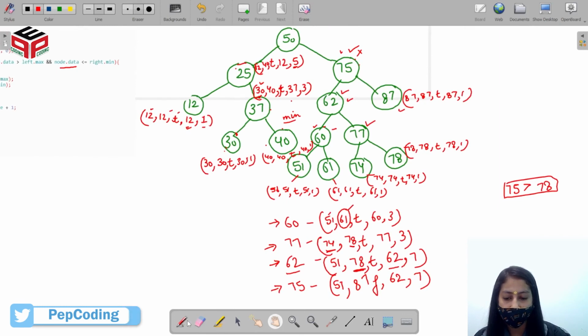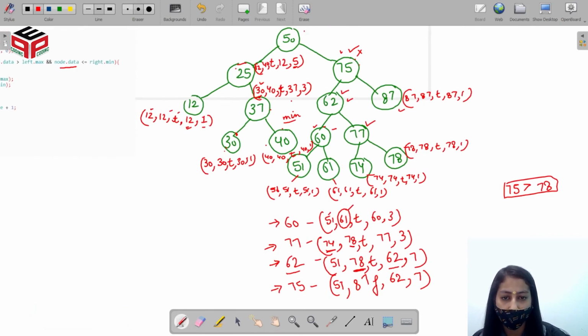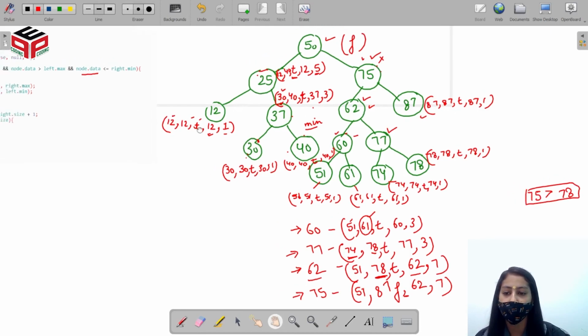Now 50 will check if I am a BST or not. Now we can see that the left subtree of 50 is a BST, that is 25 is a BST, but the right subtree of 50 is not a BST, that is 75 is not a BST, so 50 is not a BST, right? So it will return false, it will store false in the Boolean variable.